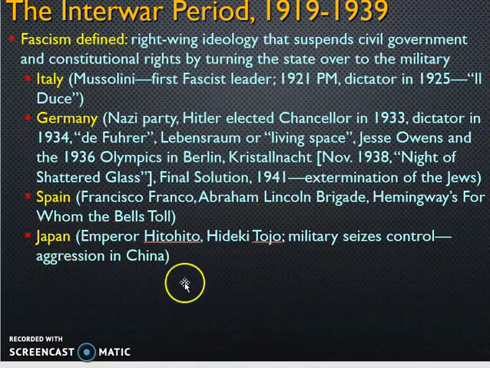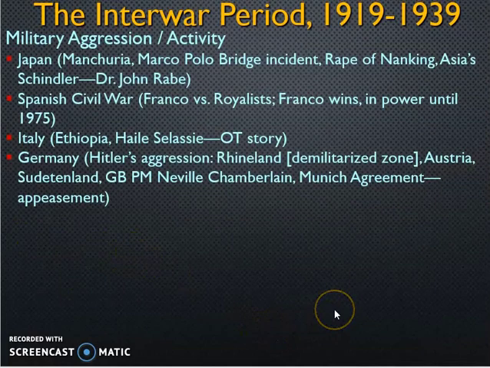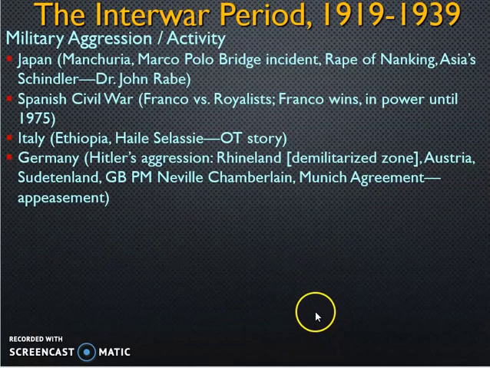And then the rising power of Japan will be under these two men. I misspelled that. It should be Hirohito, and then Hideki Tojo will be the two key leaders as we get ready for World War II. Japan, in that 37 event, will attack in the north at Beijing, but they also will attack from the ocean at Nanking. And they will round up somewhere around 300,000 Chinese and basically execute them.